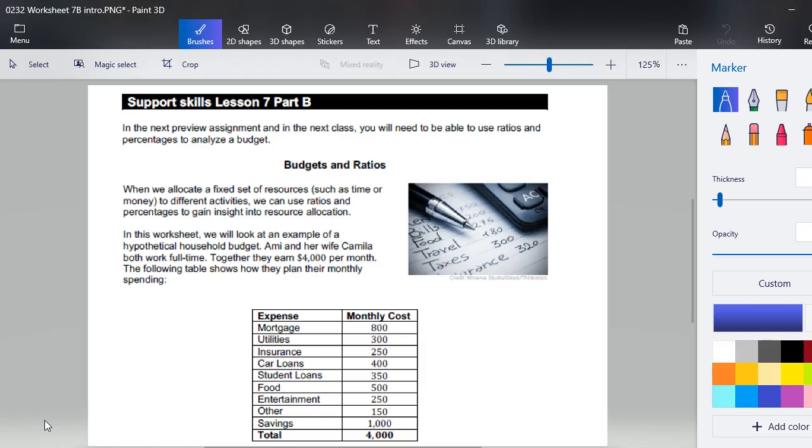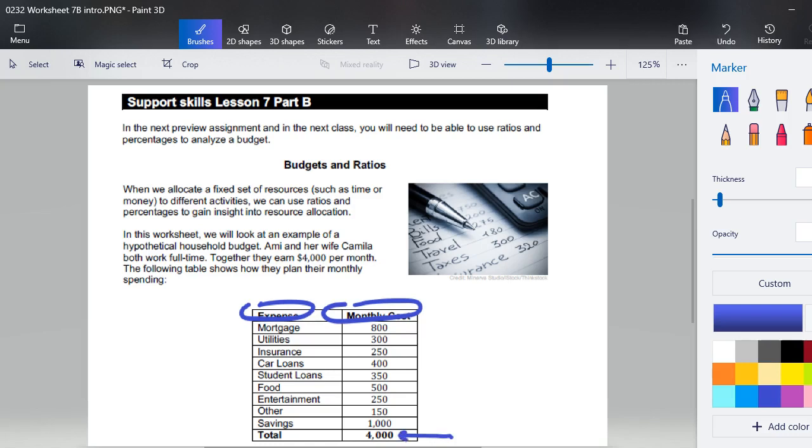Welcome to lesson 7B. And in the next preview assignment and in the next class, you'll need to be able to use ratios and percentages to analyze a budget. So let's jump right in here for our couple's expenses and monthly cost. I want to point out the expenses and the monthly cost, but specifically, I want you to see that there